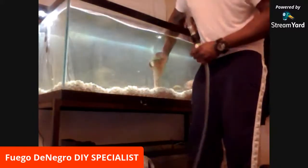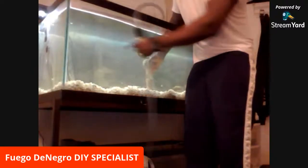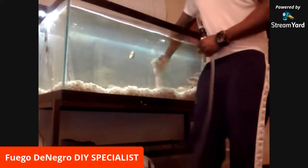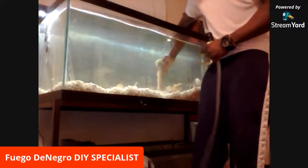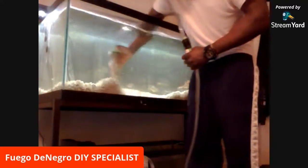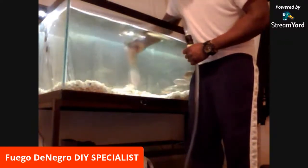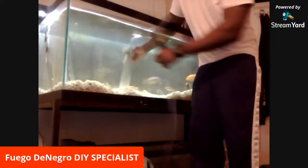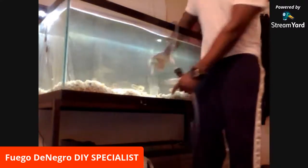It's always a good idea too to take a dry erase marker and write on your tank the last time you changed the water and the filter. That way you're never really second guessing yourself. You know what I mean? It's a tedious process, I'm not gonna lie. Some people just do a 50% water change, so they'll only filter out half. Some people usually go 75. You never really want to take all the water out,